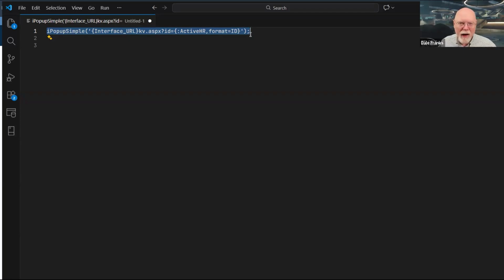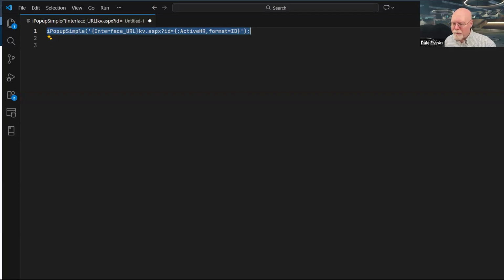Control doesn't care about the name. That's a dumb human thing. Smart computer thing is to store that ID that uniquely identifies it. So that's why we've had to add this format equals ID. If we didn't add that, what we'd get back most of the time would be the name. So we don't want that. We want to ensure that we pull the ID. But that is going to construct our URL.